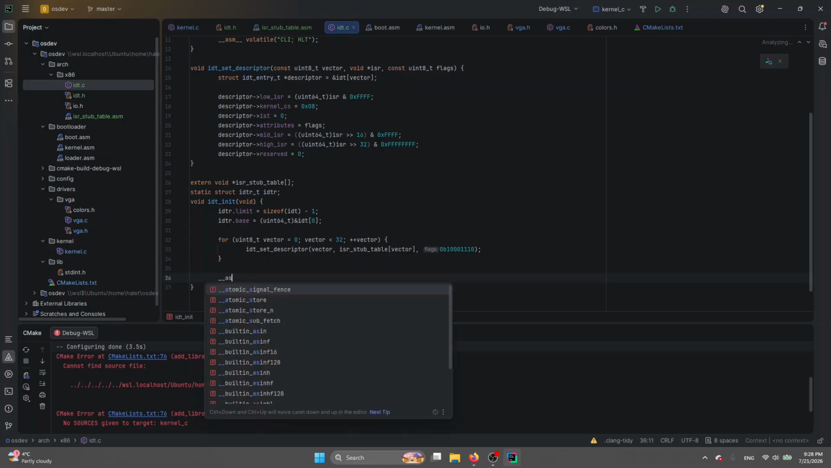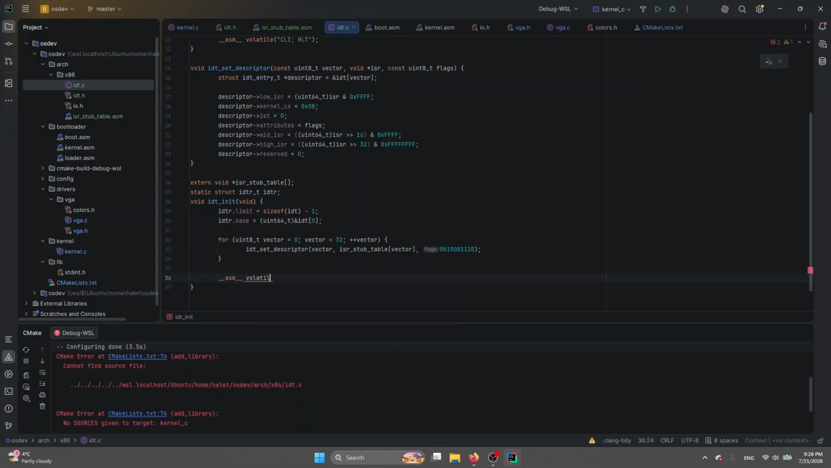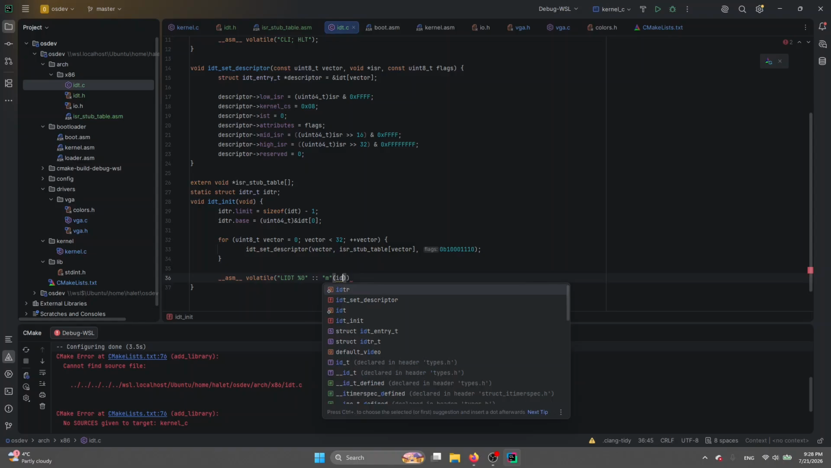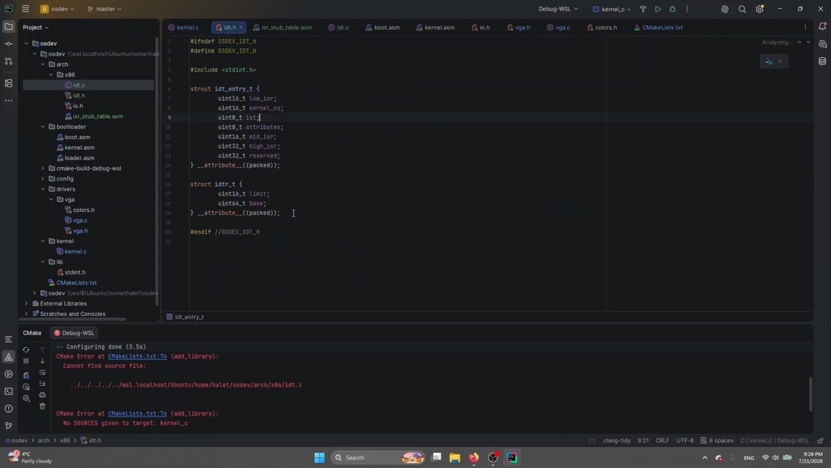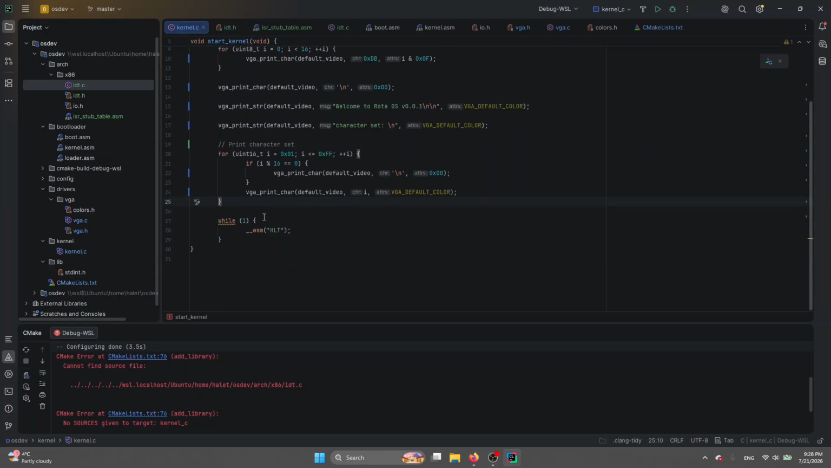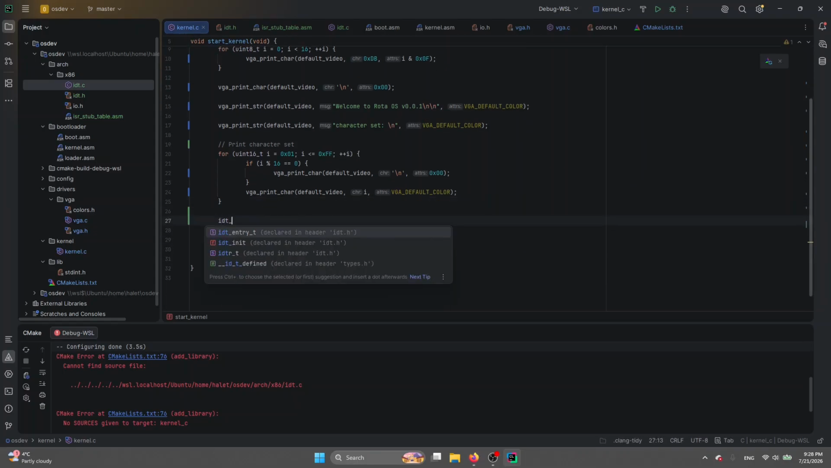And then to load the IDT in, load IDT %0, m IDTR, and then call sti to set the interrupt flag. Volatile style. And the header file will want that. Let's see if we load the IDT in it,